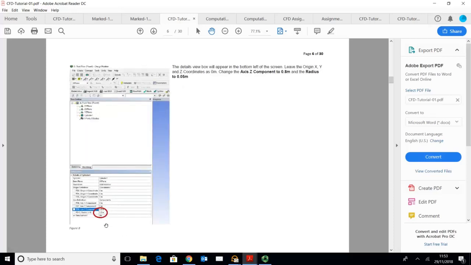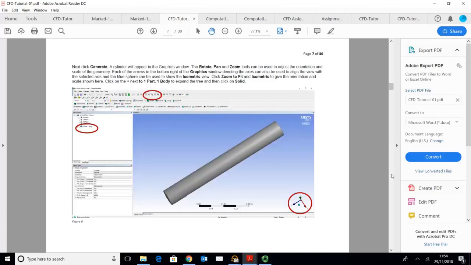Then you give the dimensions of the cylinder, the radius and the length of the cylinder. Mind you, the radius here is actually 0.05 meters, not 0.5 meters, and the length is 0.8 meters. And once you have created the cylinder,